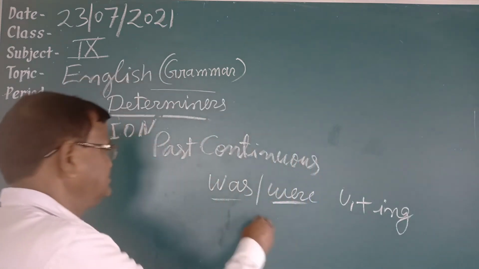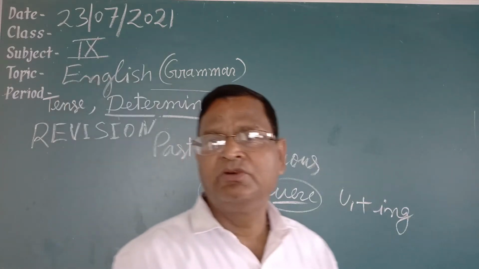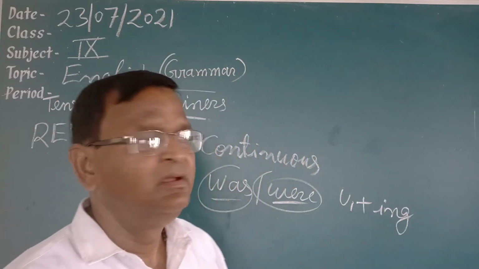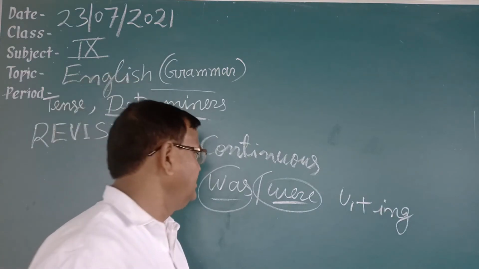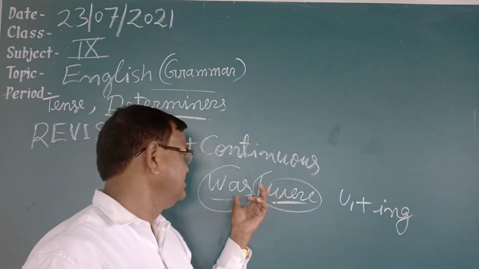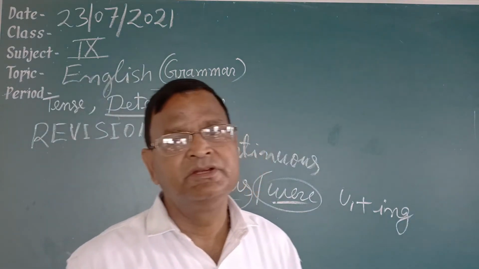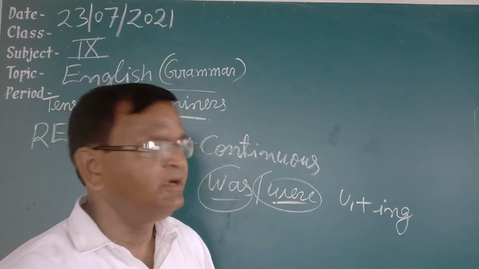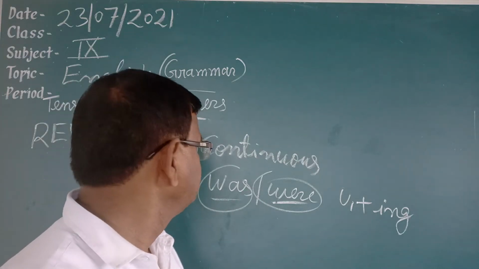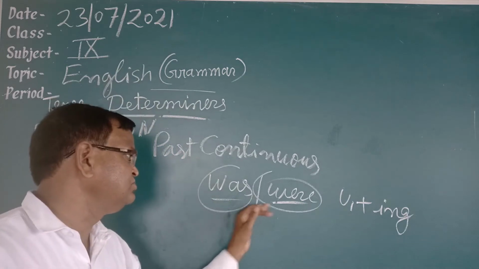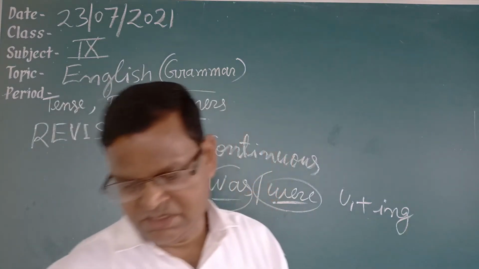If interrogative sentence is there, then was were comes at first. Was she plucking flowers? Were they swimming in the river? Like that. If interrogative words come at first, where was he going? What were you doing? Like that. Where and what are interrogative words that come at first. Students, in this way, in past continuous tense, two helping verbs was and were are there, and verb first form plus ing is used.